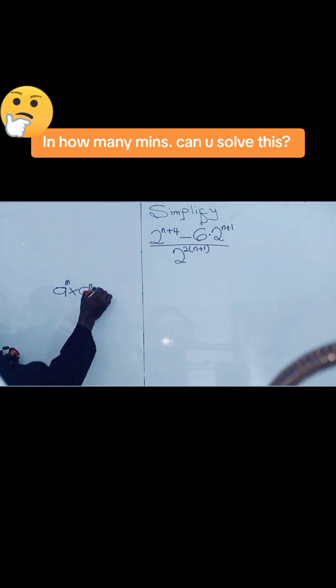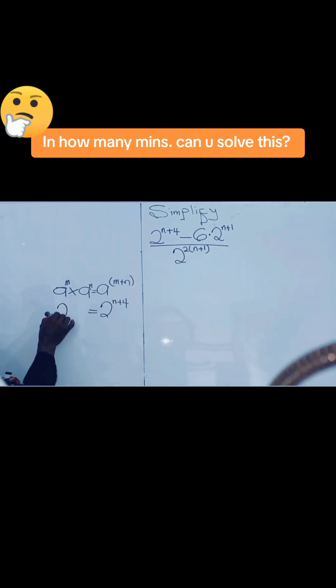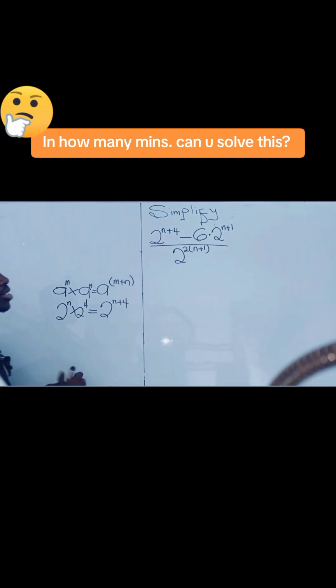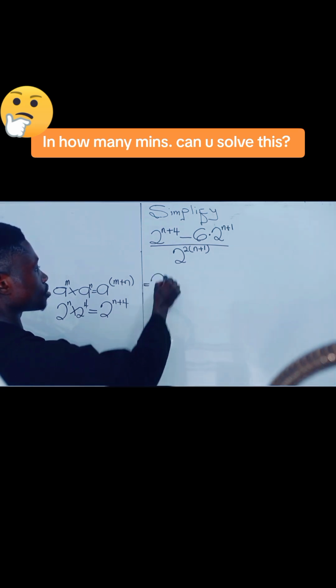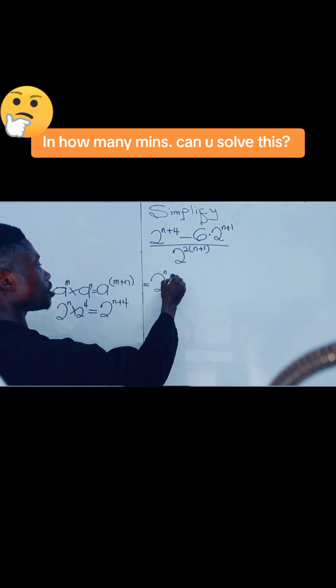What do you do to the exponent? We pick one of the base and then we add their exponents. If that is the case, if you have 2 raised to the power n plus 4, we can write this as 2 raised to the power n multiplying 2 raised to the power 4, applying the multiplication law for indices. So in place of this, we are going to write this. So we shall have 2 raised to the power n multiply, let's use the dot as multiplication, 2 raised to the power 4,